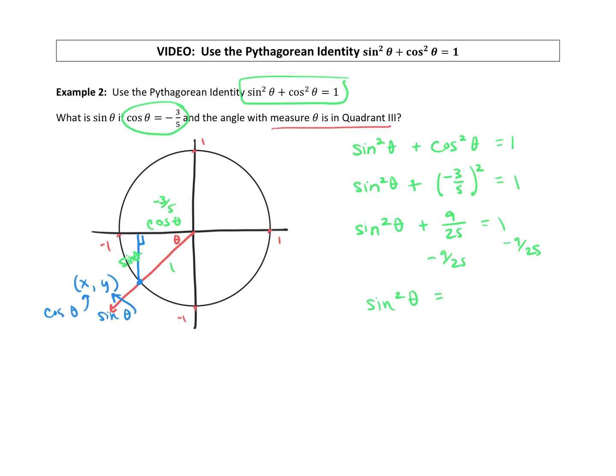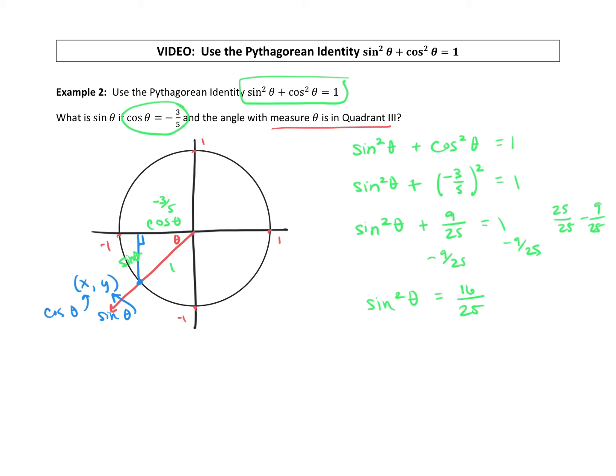Sine squared of theta is, so 1 minus 9/25 is the same thing as 25/25 minus 9/25. I mean, you can use your calculator, or sometimes you can just think about, oh, this 1 is a whole, and I'm working with 25ths, so just think of it as 25 over 25. You get